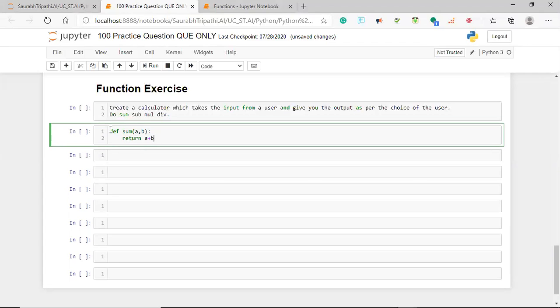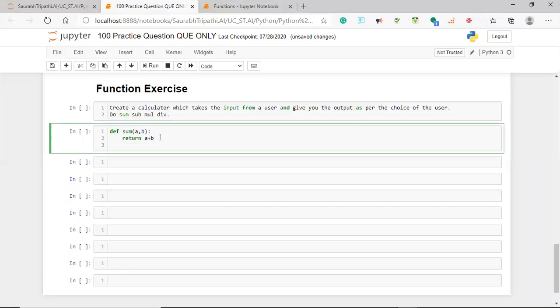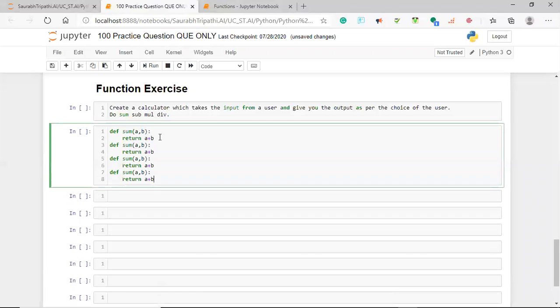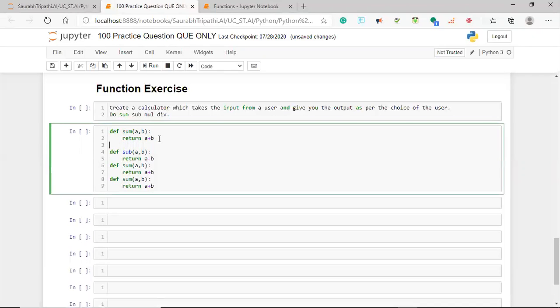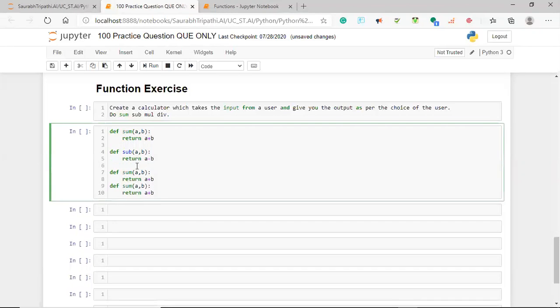Same thing, the same function can be created again and again. So you can copy and paste, and I will simply modify the function. So I'm going to subtract. In this I will simply change the symbol to subtraction, basically. Then we will simply divide, and for divide we simply use slash, and then we will multiply. As we know, we will use star for multiplication.